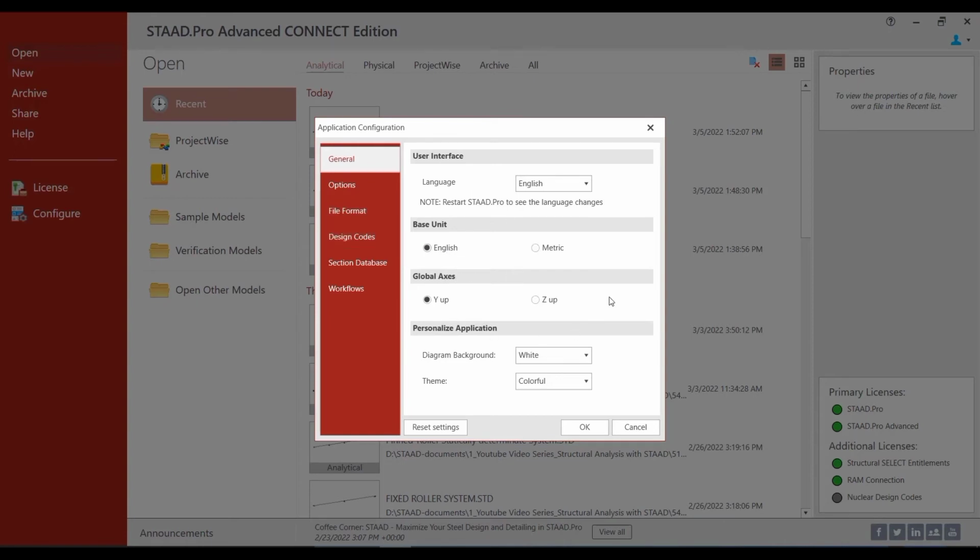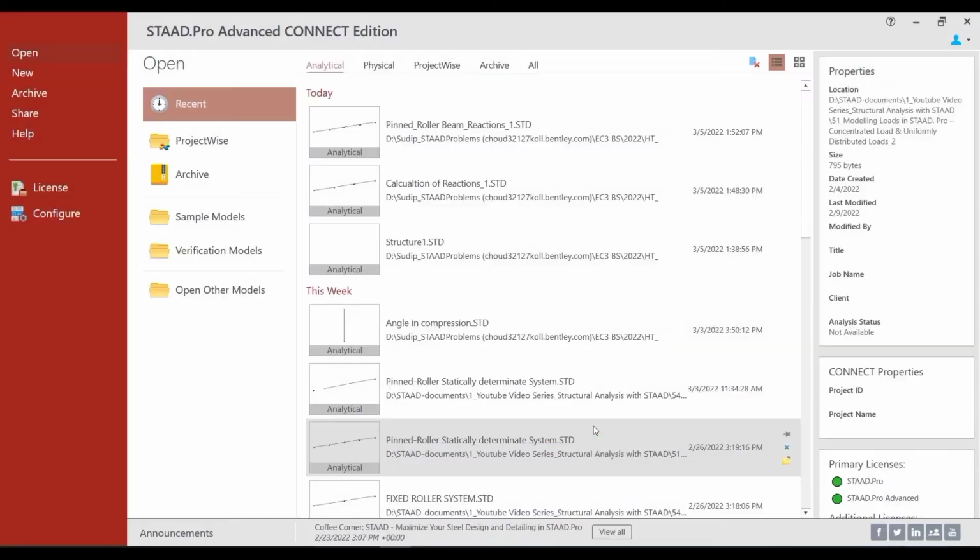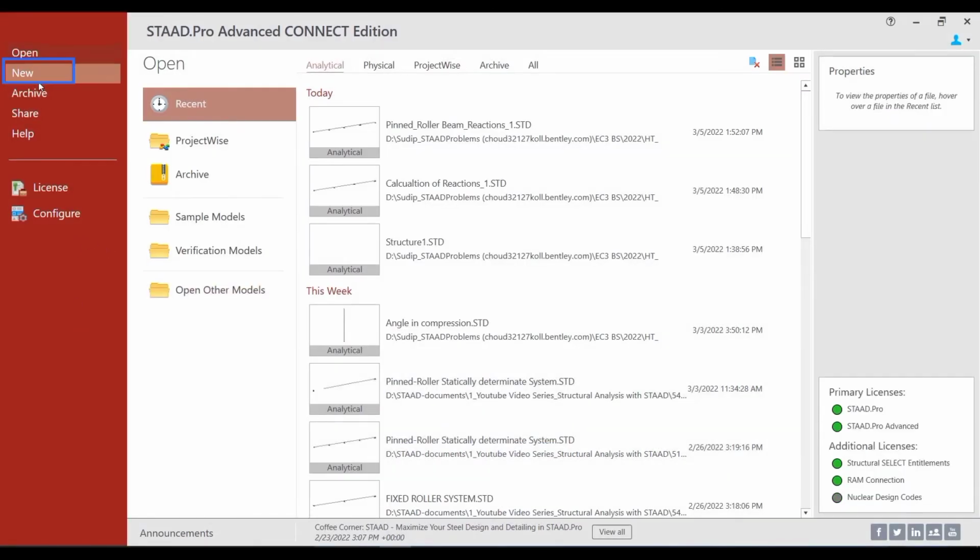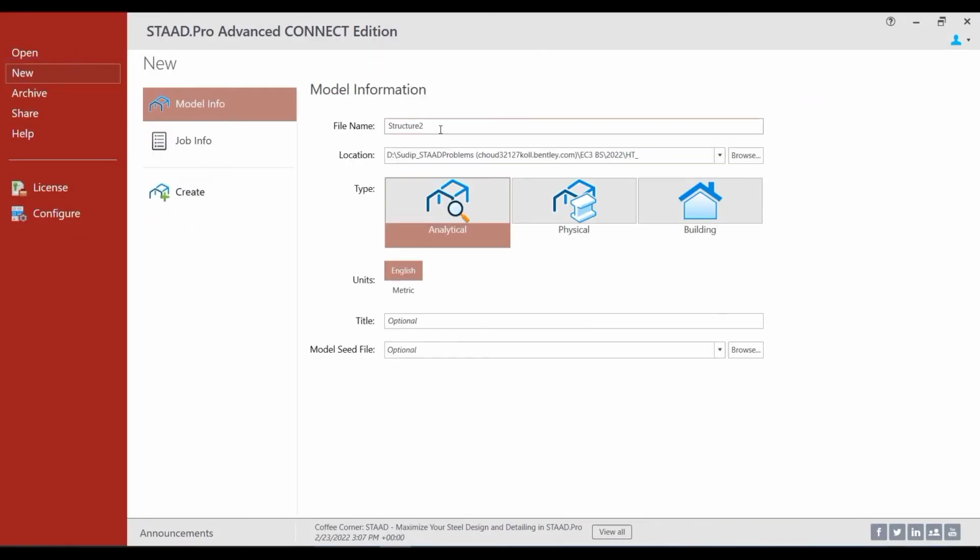Now, why do we need to do that? Well, to understand that, you need to refer the session that is appearing on the screen right now, where I have discussed this in details. So once I have set the base unit settings to English, I click on OK and click on the new structure, and we'll say that we want to define a beam pinned roller